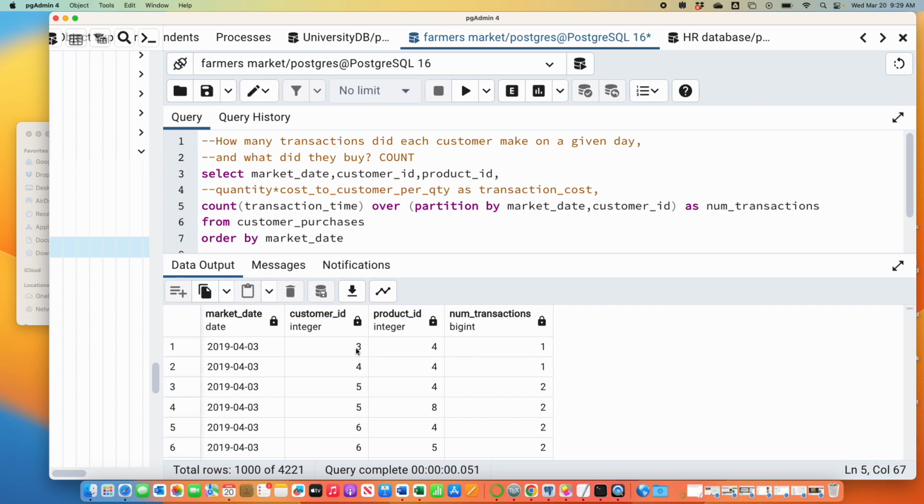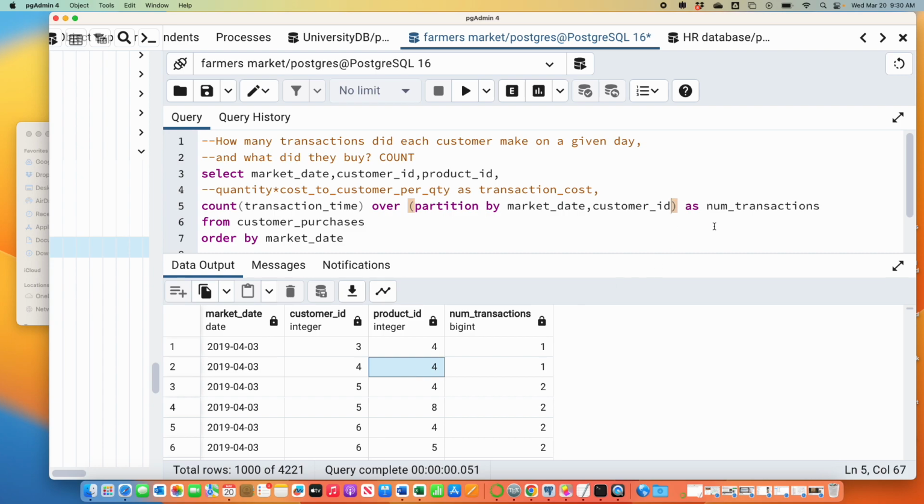The 1 means that the customer ID 3 bought 1 time the product ID 4. Right. Okay. Well, what you're saying is correct, but what it's saying is they made one transaction. If you want to know, well, what did they buy? It's also showing you that, and you can see that. And this 1 right here, that's a 1 because customer 4 only bought one thing that day. What they bought was product 4.